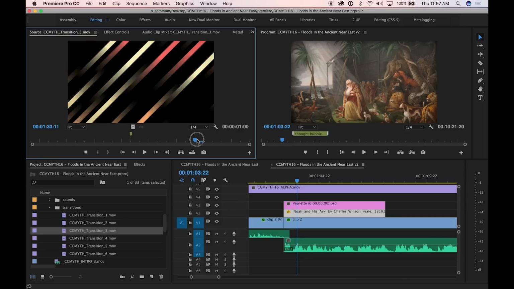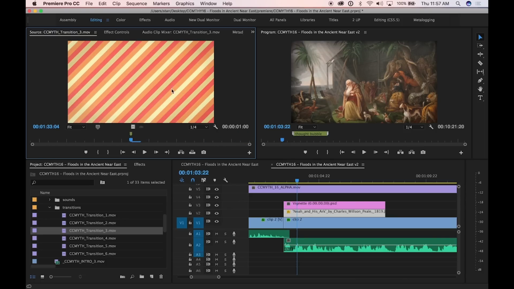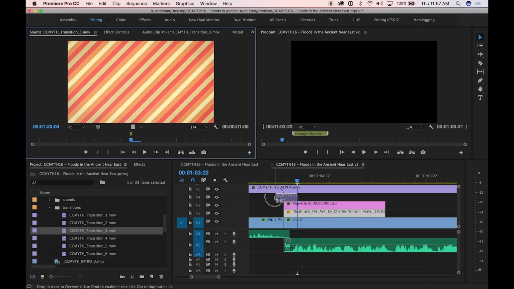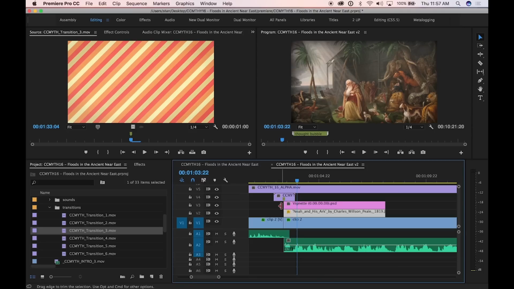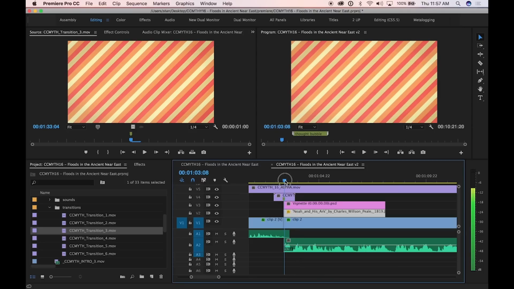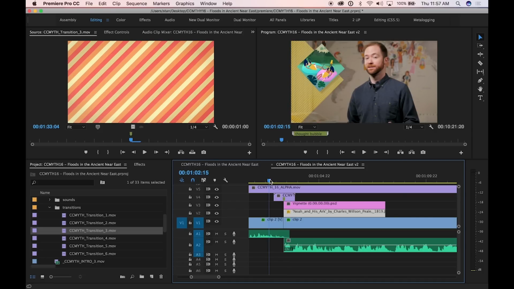I want to then drag this transition into our timeline, and that marker should snap right to the edge. So now the frame where it changes from Noah to Mike is the closed frame. So we know it will be covering what we need to cover. But we've got a problem here. I'm going to predict a problem. And that is that